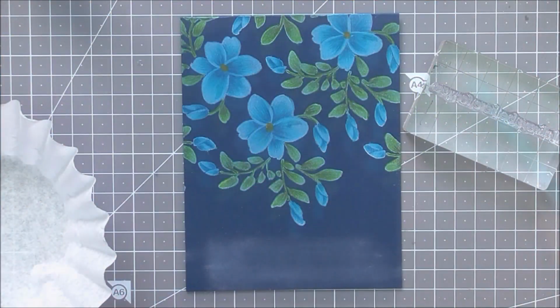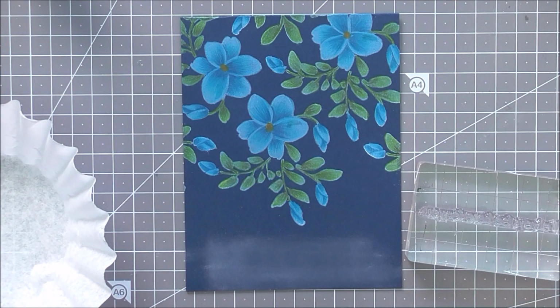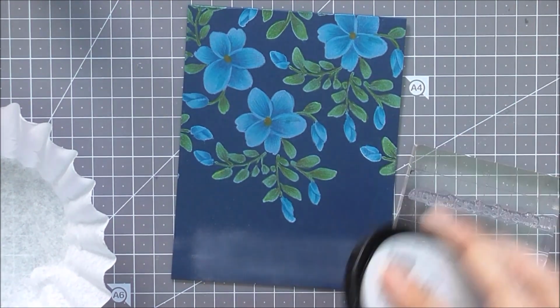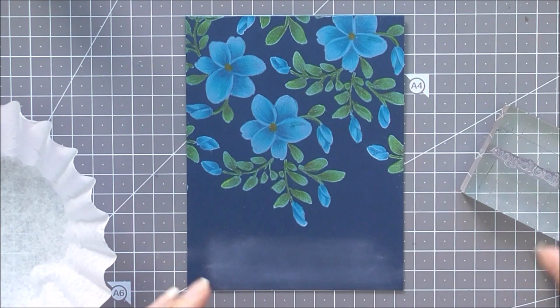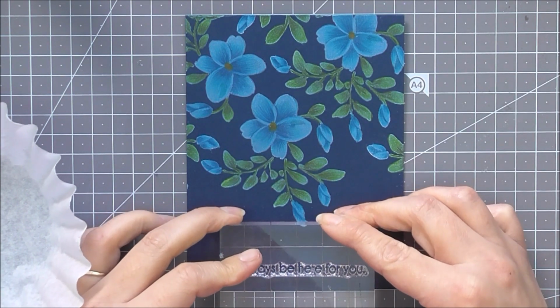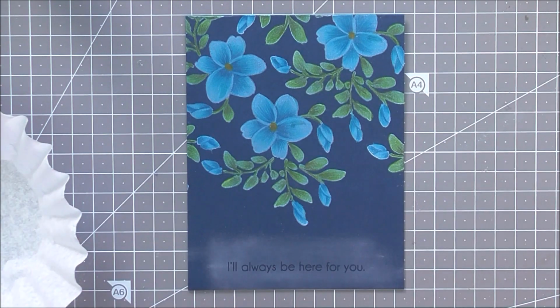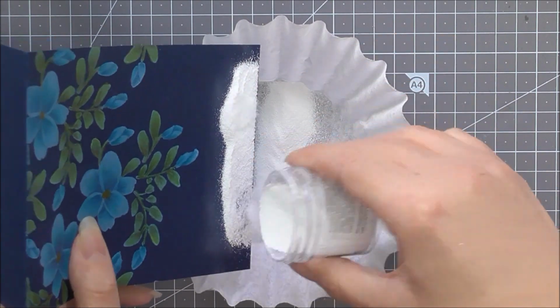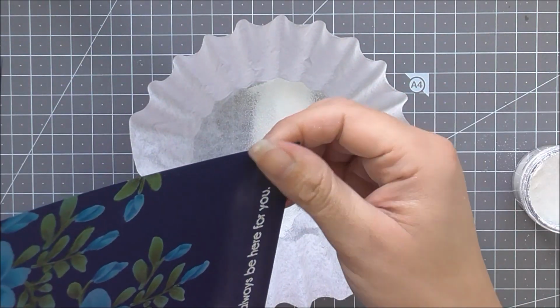So after I'd finished all of my colouring, I didn't want to take anything away from the amount of time that I had spent on it. So I just wanted to add a really simple sentiment to the bottom of my card. I'm using a sentiment from the Parrot Paradise stamp set, and it says, "I'll always be here for you," which is very, very sweet. So I'm just going to heat emboss this on the bottom of my card,